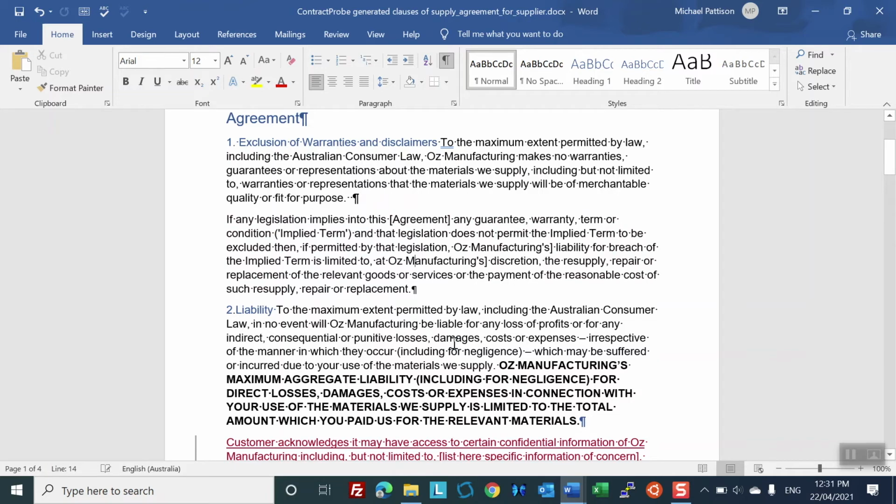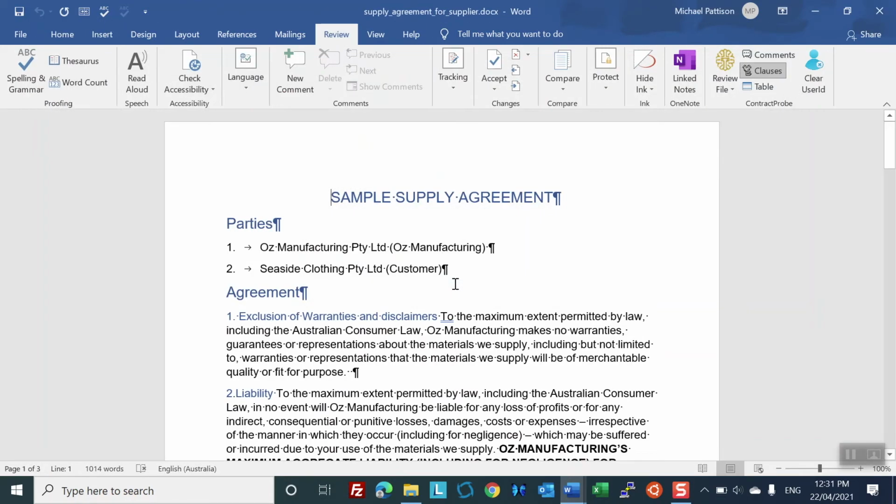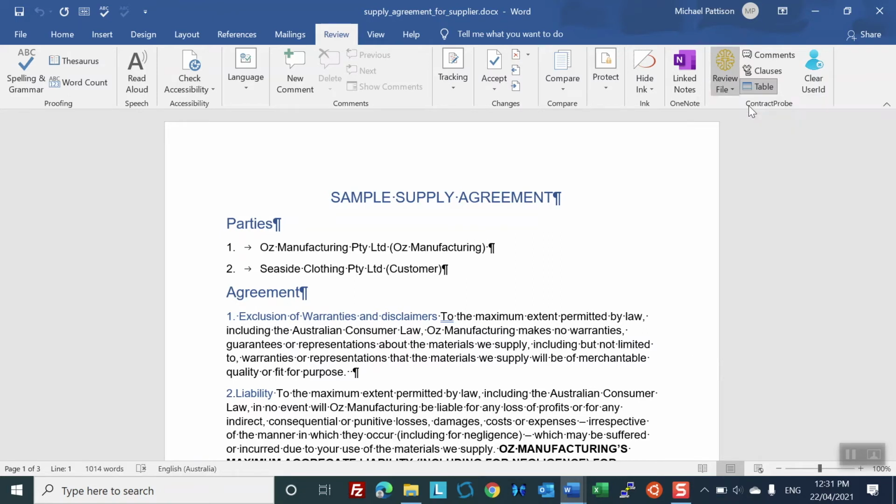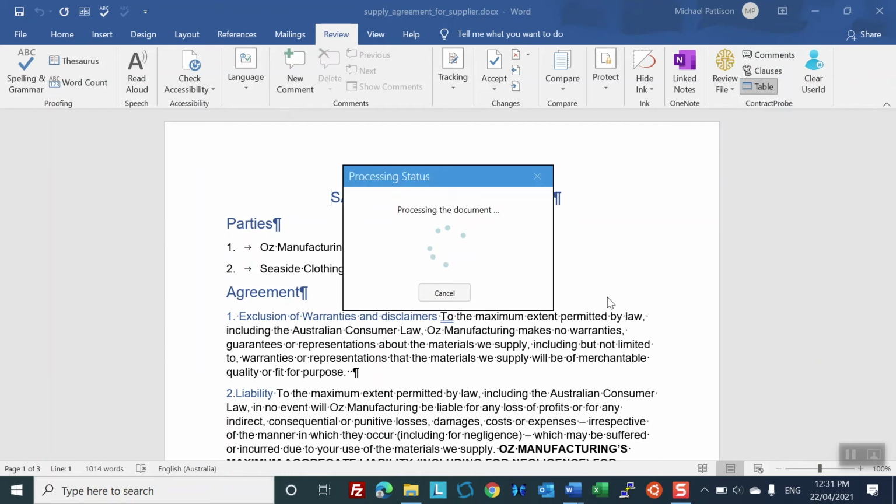The final option for you, and this has been very popular with our corporate customers, is to receive a table of departures setting out the changes in tabular format. So once again, I'll review it, but this time reviewing it from the customer's point of view. Lots of changes are going to be requested this time because it was so supplier based. But what we are going to see now is not a markup of the document itself, but an entirely new document has come through,